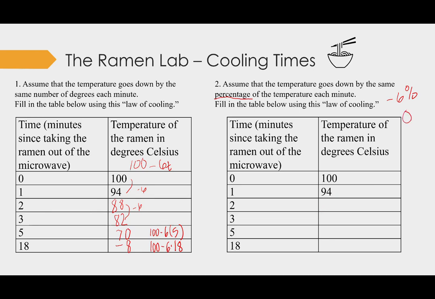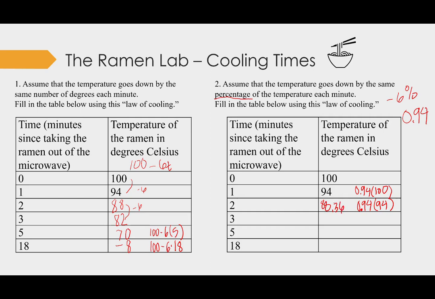Or we could just multiply by 94%, because that's how much of the temperature of the heat is left after we take off 6%. So our next step would be to take 0.94, whoops, decimal's in the wrong spot, 0.94, and multiply that by 94. Just like here, to get 94, we would have multiplied 0.94 times 100 to get that step. So this ends up being